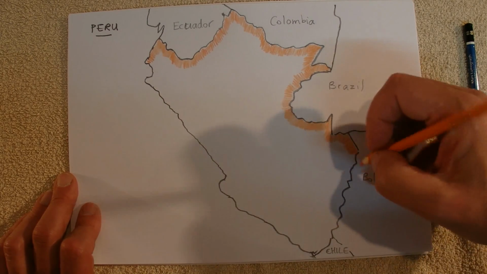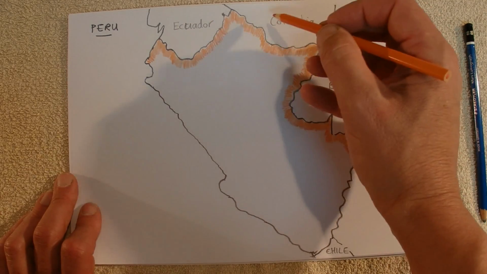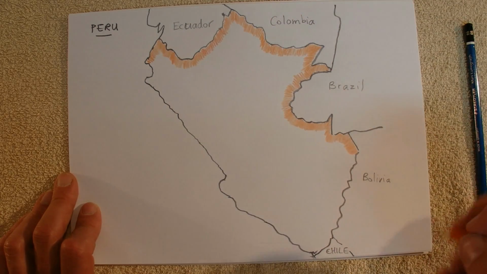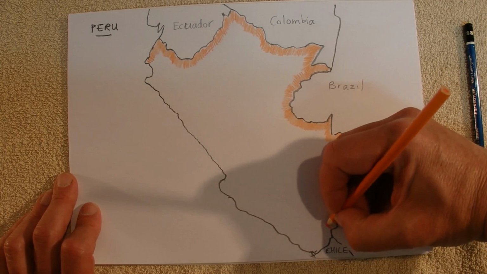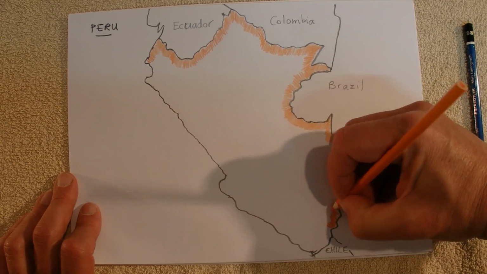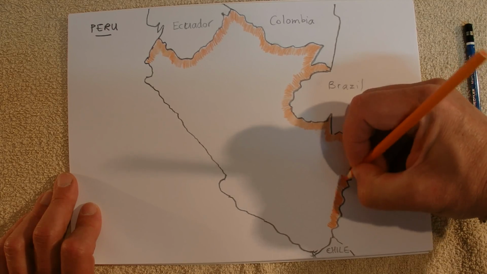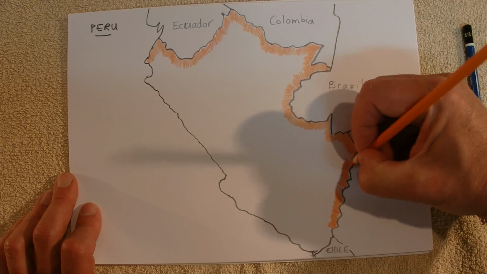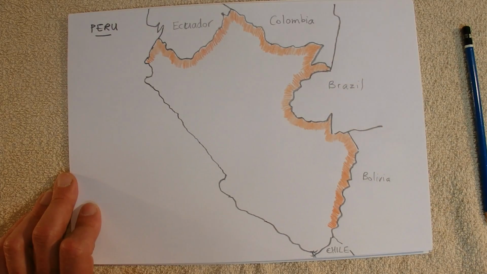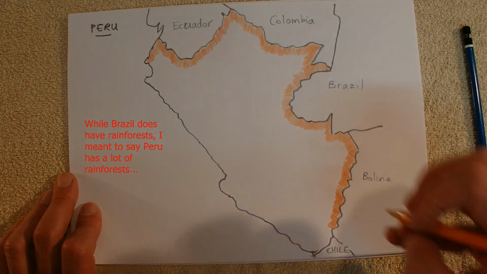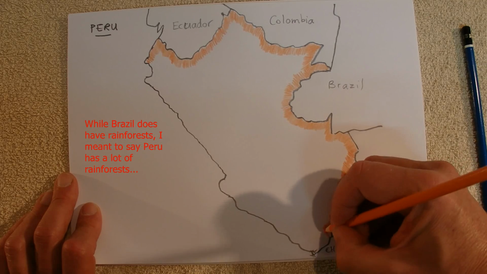Now what are we doing? So we've got Ecuador, Colombia, Brazil and Bolivia, and I've got to do the border now, back around to Bolivia. Now what I was going to say about Brazil is that